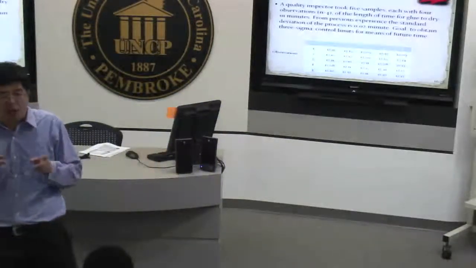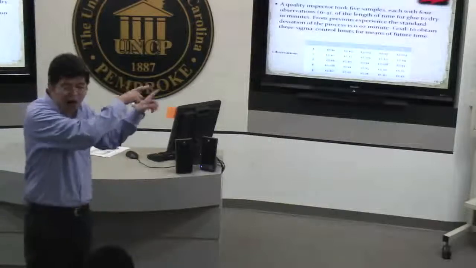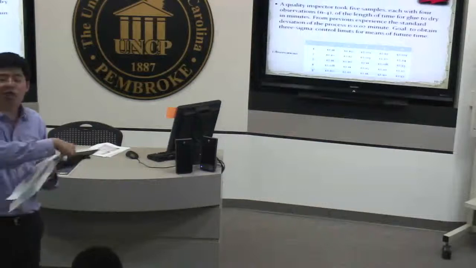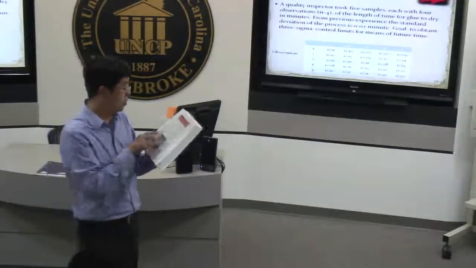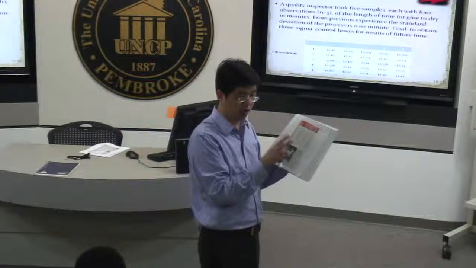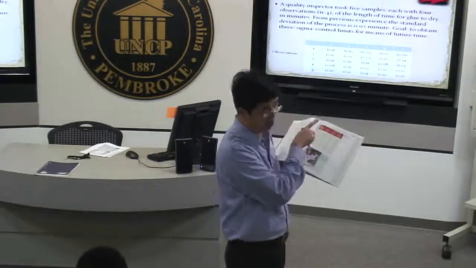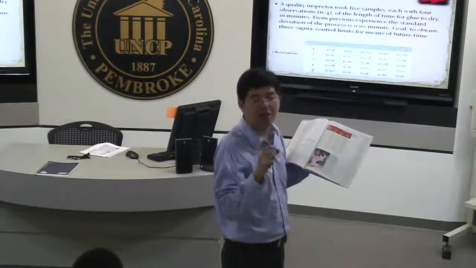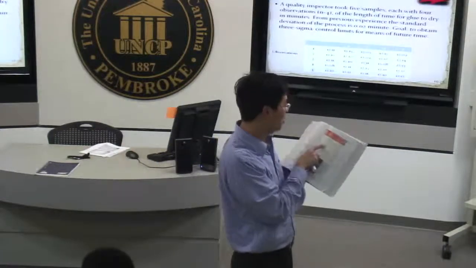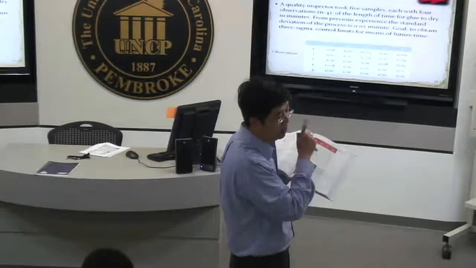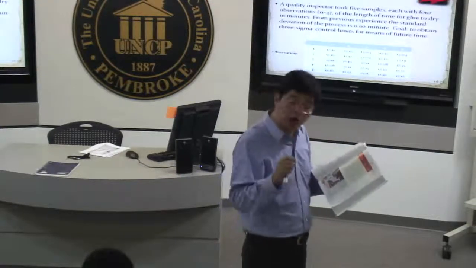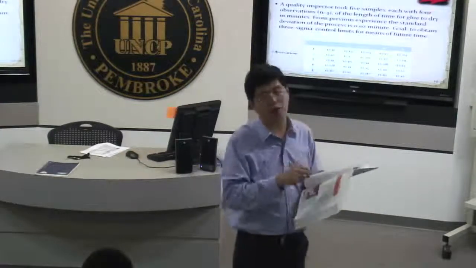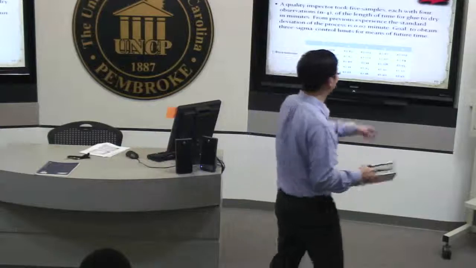So we'll see some examples. We'll see the lower bound is a little bit higher than 0. If you look at the text, you will find that when the sample size n becomes larger and larger, for example, until sample size equals 6, D3 is still 0. So that means your lower control limit for the range is always 0 when your sample size is less than or equal to 6. But when your sample size continues to increase, D3 becomes a positive number, which means your lower control limit for the range chart is not 0 anymore. What does this mean? It means if you have a large sample size, you shouldn't come up with the situation